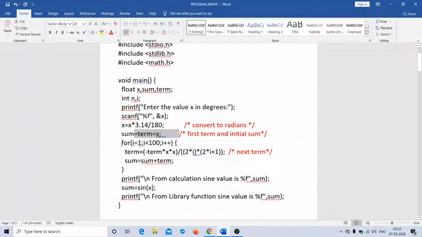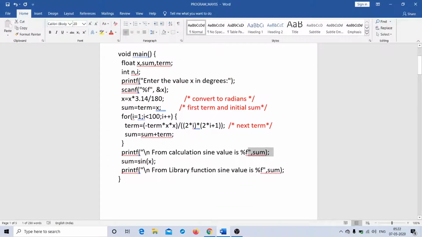These couple of statements within the for loop will give me the value of sine, which is stored in the variable sum, which I am printing in this particular printf statement. Then I am making use of the library function called sin, which is prototyped in the math.h header file, to get the value of sine through the library function, which I am storing again in a variable sum.